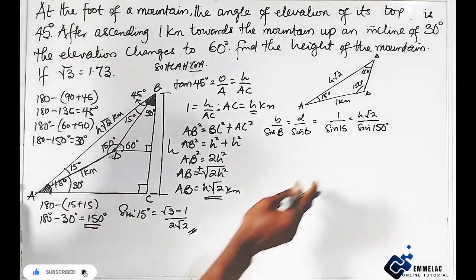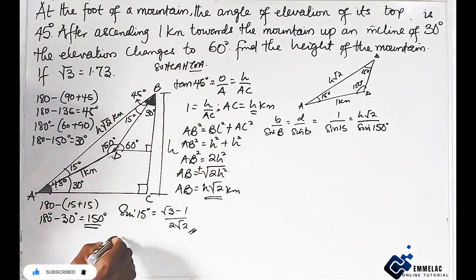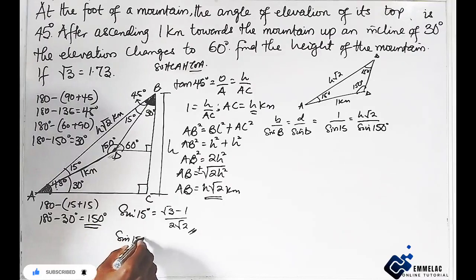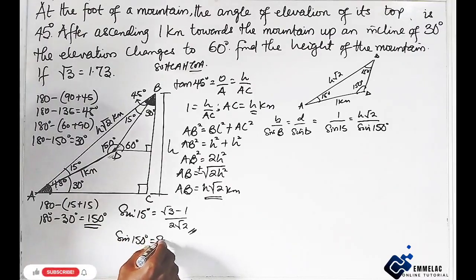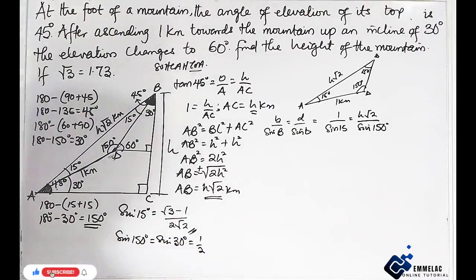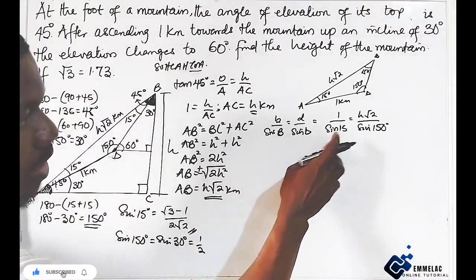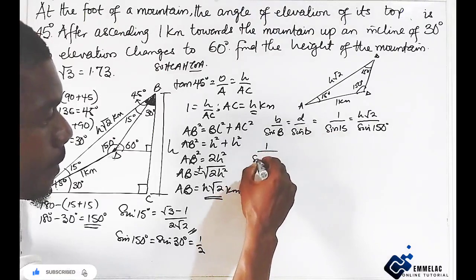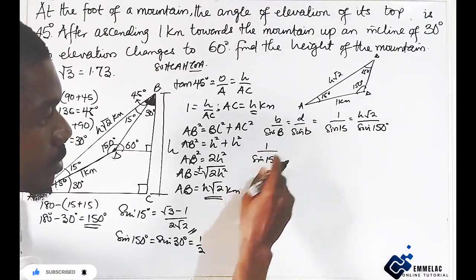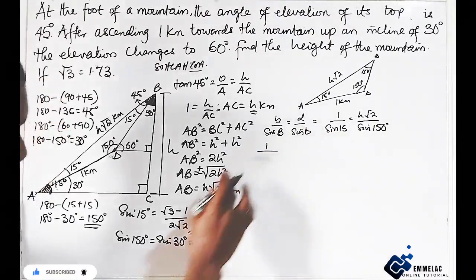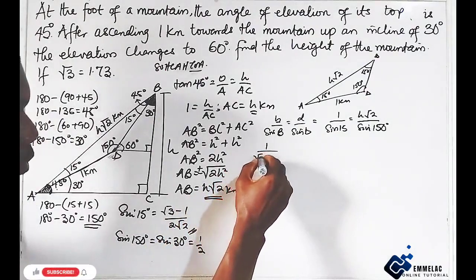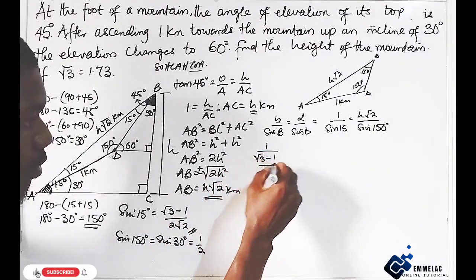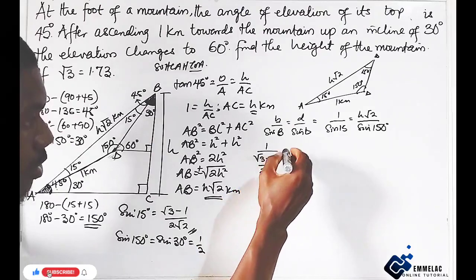And sine 150 is the same thing as sine 30 degrees, which is 1 over 2. So if we plug that in, we have 1 over sine 15, where sine 15 is root 3 minus 1 over 2 root 2,